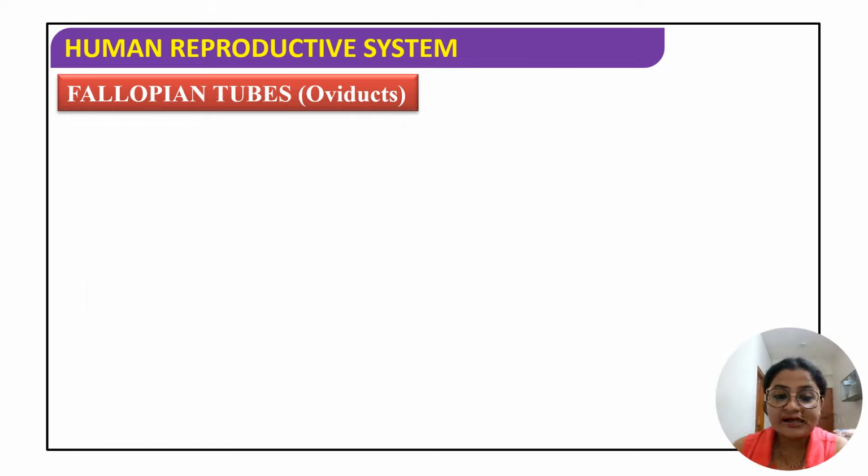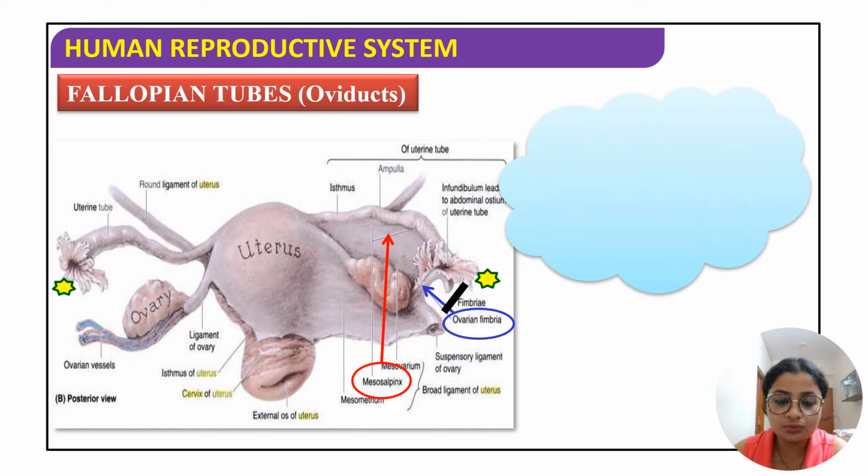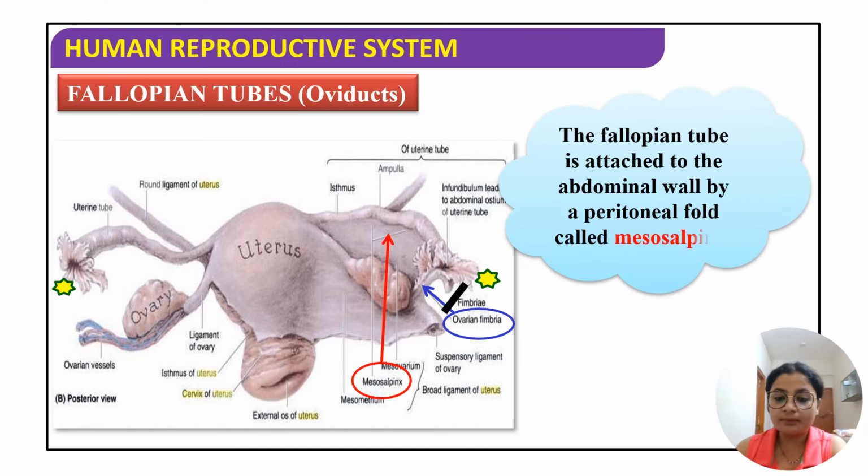Okay. So moving on to the next slide. So here we will be talking about the fimbriae and the ovarian fimbriae. Okay. So the fallopian tube is attached to the abdominal wall by a peritoneal fold जिसका नाम है mesosalpinx. Okay. So see, this is basically nothing but a peritoneal fold जिसके जरिए fallopian tube attached रहता है to the